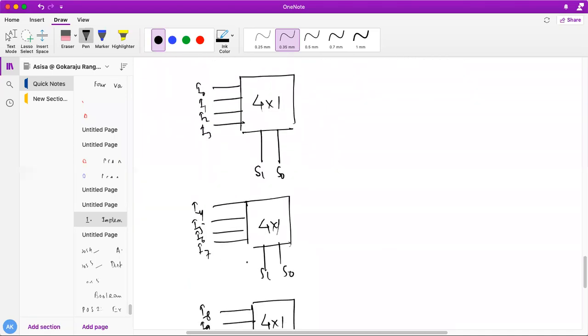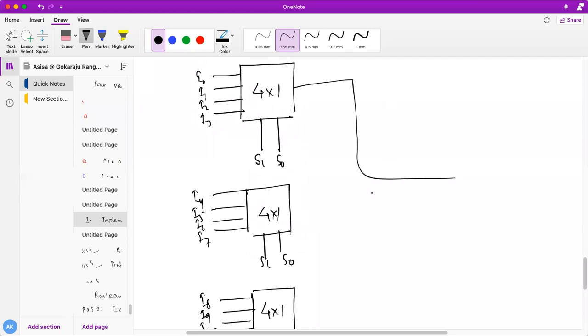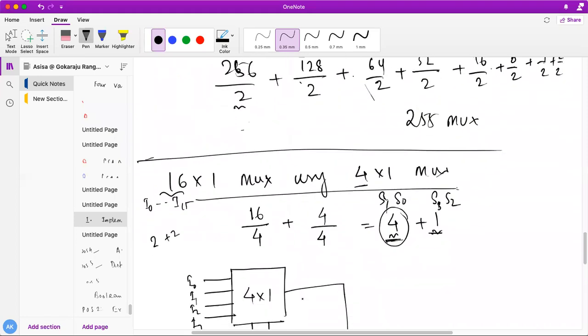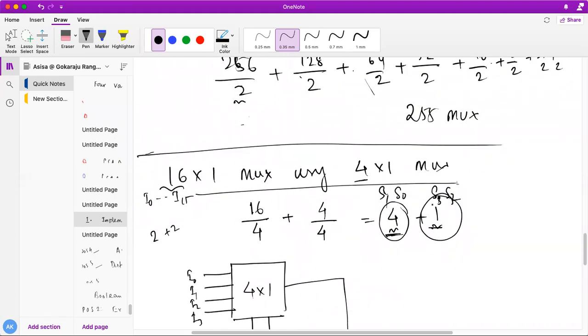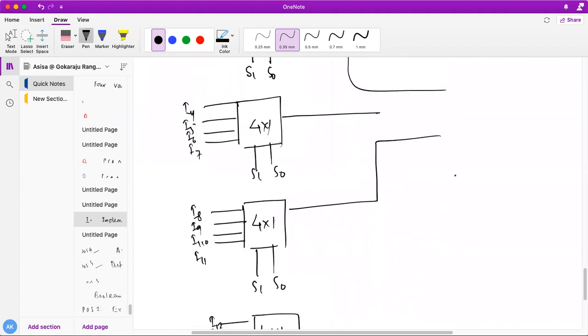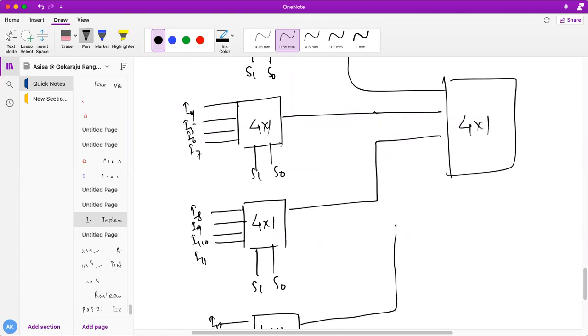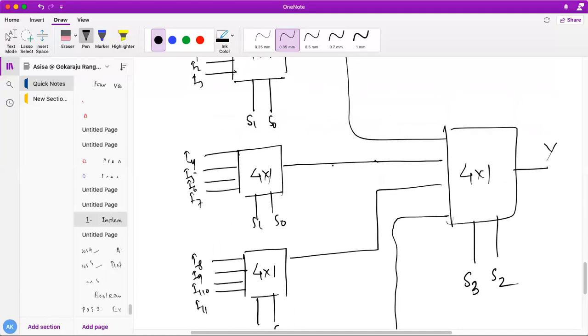Okay, so next what you need to do? These are my outputs. You have to connect them to the single mux, because in the second stage how many muxes are there? Only one single mux. And what are the select lines? S3 and S2. So you have to take all these outputs and connect them to the 4 cross 1 mux there, and finally this is Y, where the select lines are S3, S2. Okay, so do you all understand what you need to do? Very simple. You can design it this way for your 1 minute.